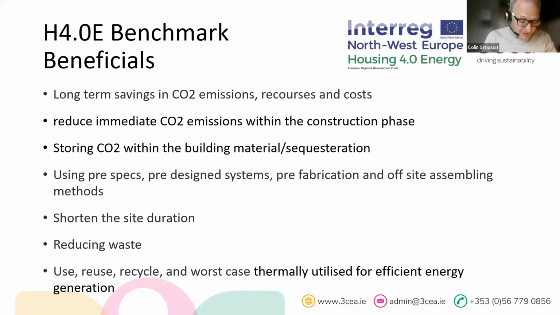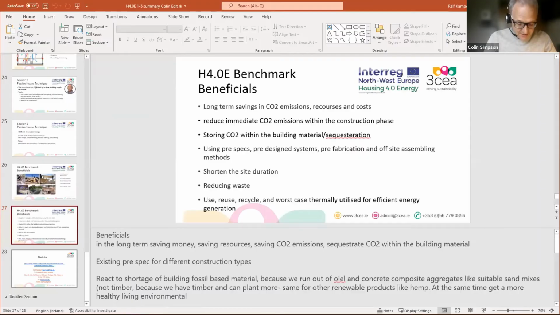Okay, thanks, Ralph. Yeah, it's a very interesting project, and you can see there that in theory, there's no reason why the majority of our construction shouldn't be adopting this approach. We still have a very traditional build mindset going on here in Ireland, and I think that approaches like this we can certainly learn a lot from. So I'd like to open up a discussion panel now.